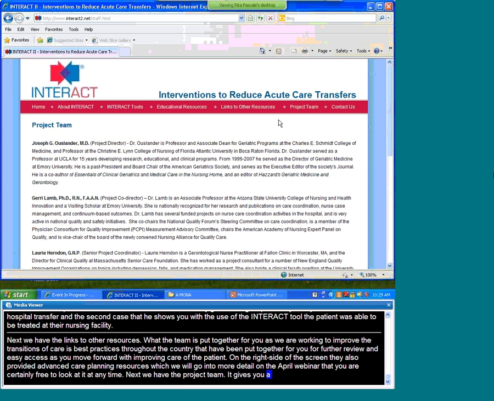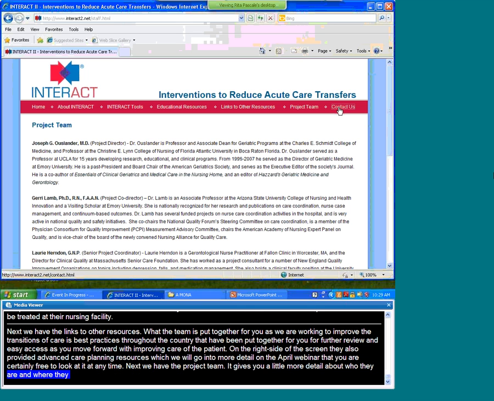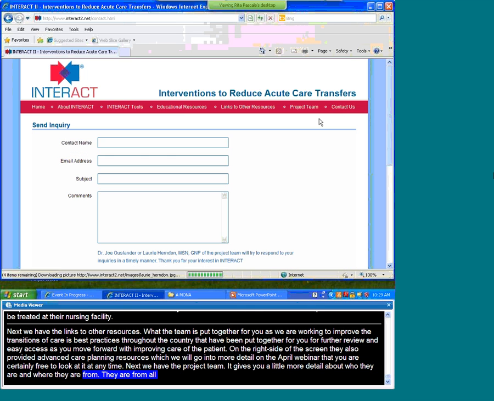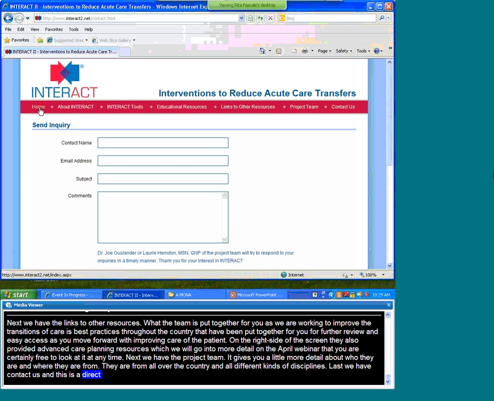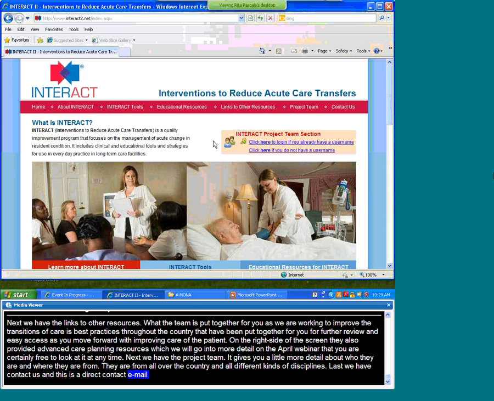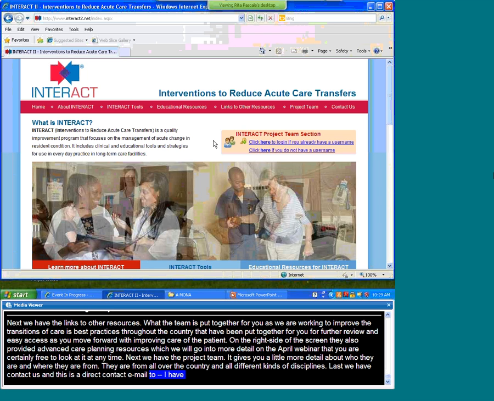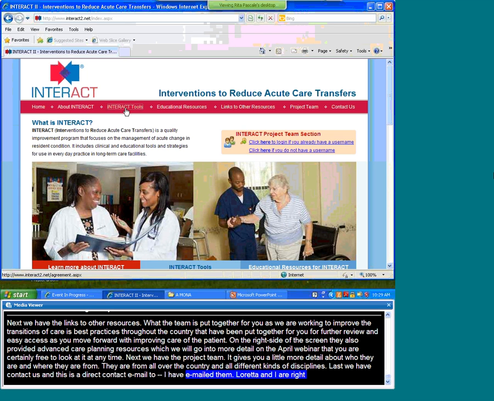And then lastly, we have the contact us. And this is a direct contact email to Dr. Joseph Oslander or Lori. They will certainly respond to you quickly. I know this because I have emailed them. So just know that Loretta and I are right here in New Jersey for you, and our contact information is also on the slide. So now that we've gone through the entire red banner, I'm going to take you back